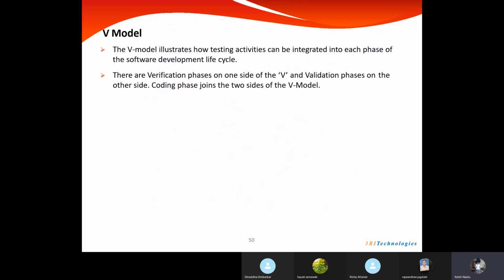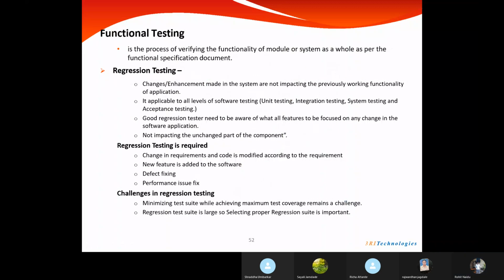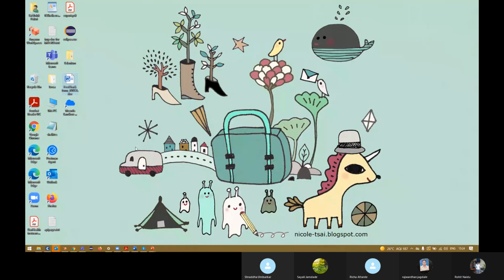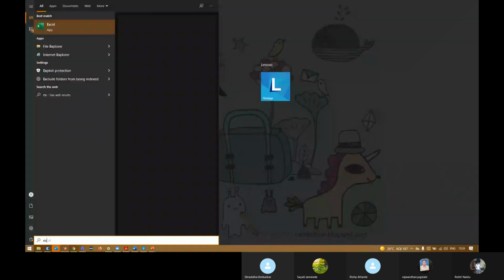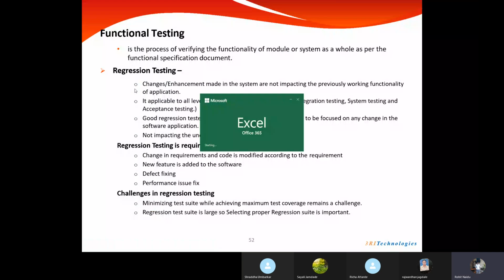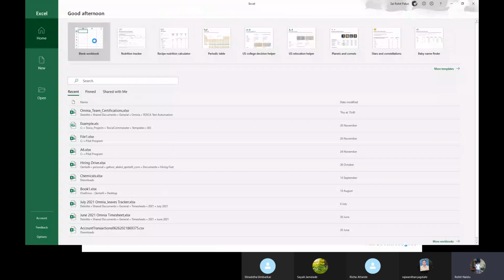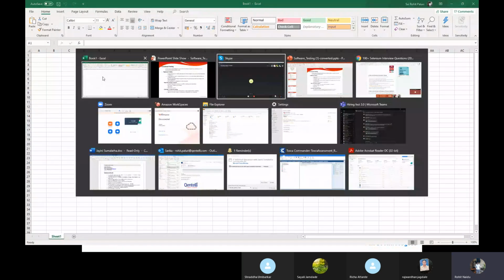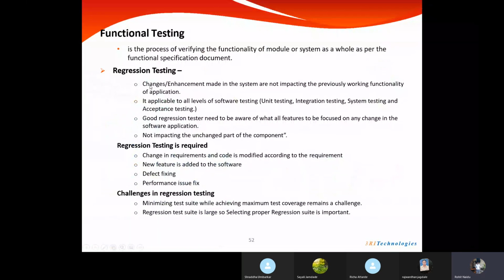Then let's see how to write a sample test case. Before we start writing a sample test case, or before we see why we need to write a test case, just let me know if you have any questions till now. We can discuss them, and we can see how to write a manual test case and what all things are necessary for a manual test case.